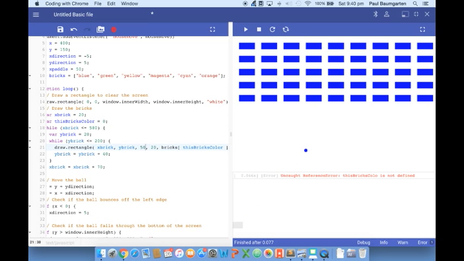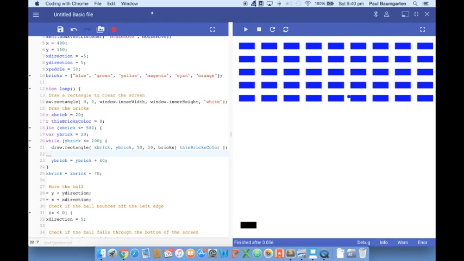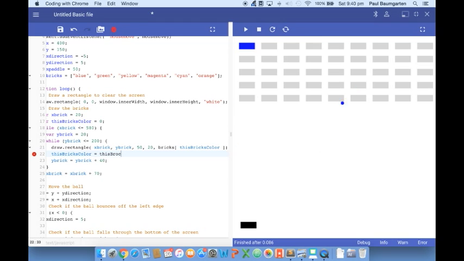So after I've drawn a brick, bricks color is equal to bricks color plus 1. So we will iterate through and we'll get some different colors showing through. So every time we draw a brick, we'll increase our color value so that the next brick gets drawn of the next color. Now the problem is we only have 6 colors here, but we've got more than 6